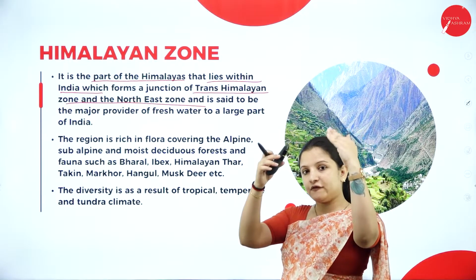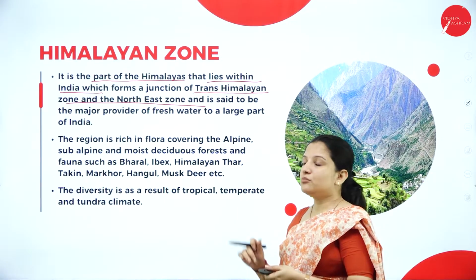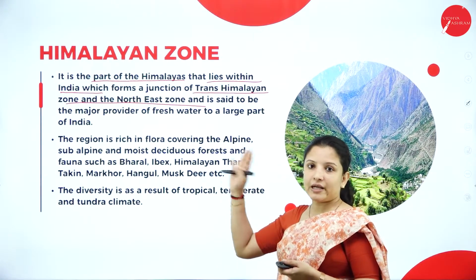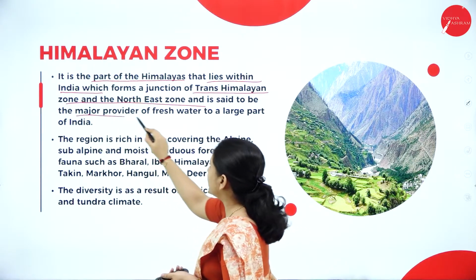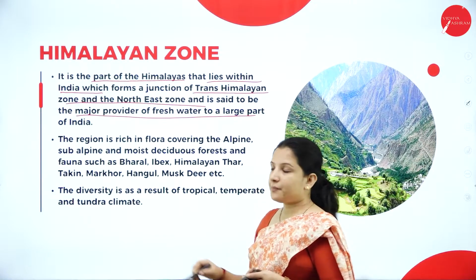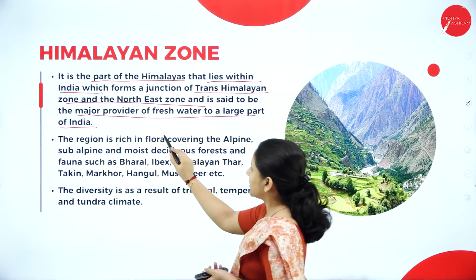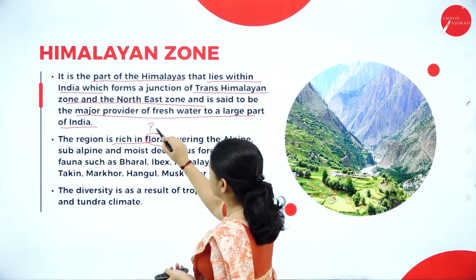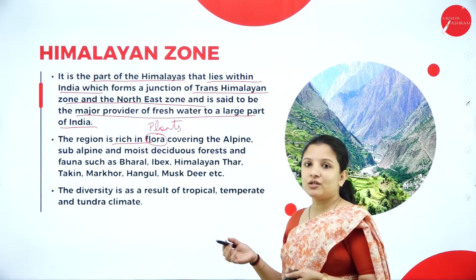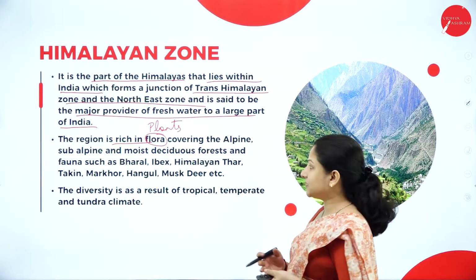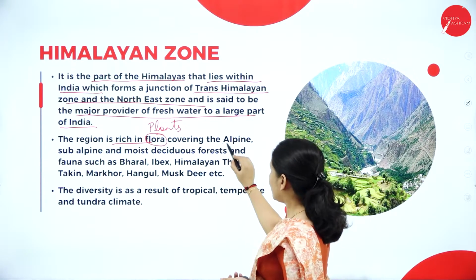Therefore they will flow from the northern region to the southern parts of the country. So most of the rivers are fed by the Himalayan zone. So it is a major provider of fresh water to a larger part of India. And this region is rich in flora, that is, it has a lot of plants. Whereas what did we learn? The Trans-Himalayan zone had very less plant species, but this zone is rich in plant species, and it covers the